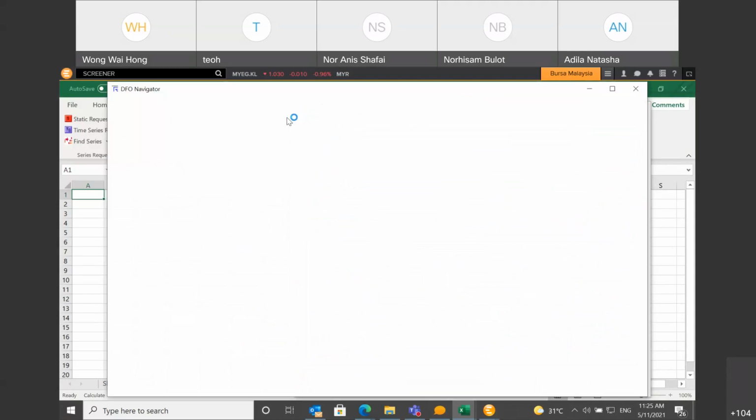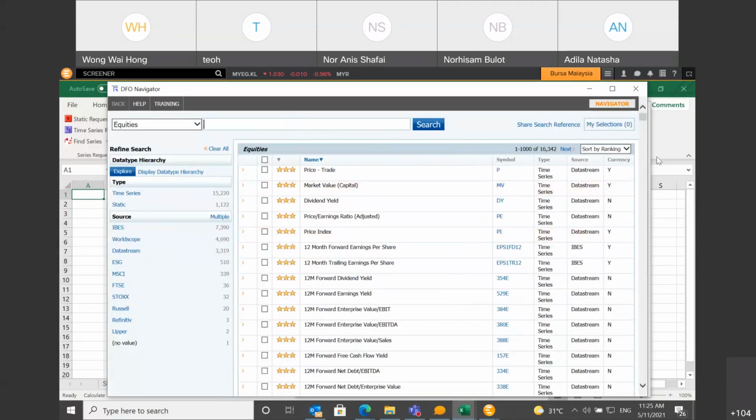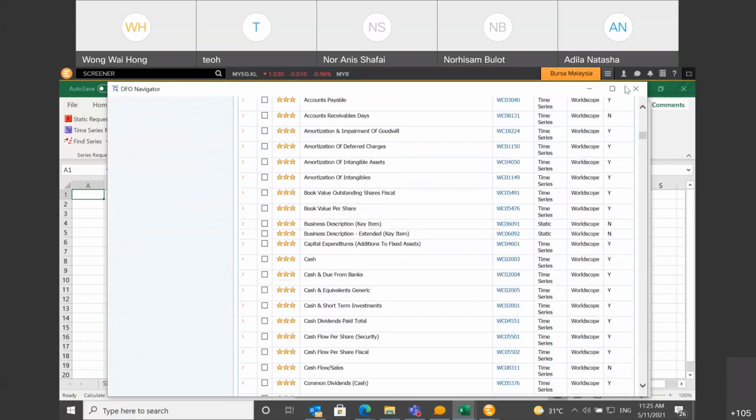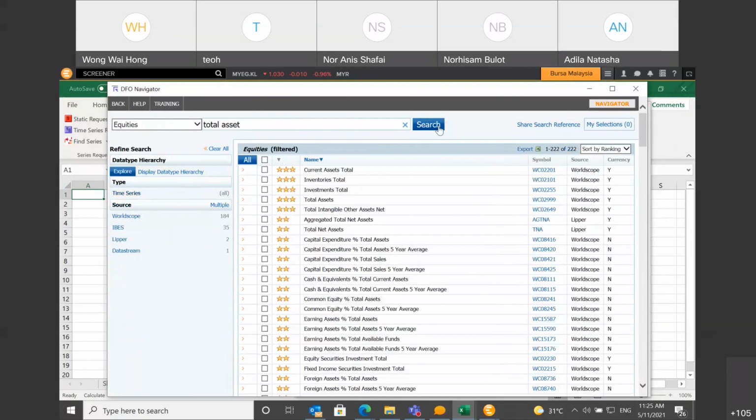Then you mentioned total asset, right? Obviously I do not see total asset here because it might be hiding somewhere, in between the 15,000 plus names here. So I can type in total asset. You see this? When I just type it in,